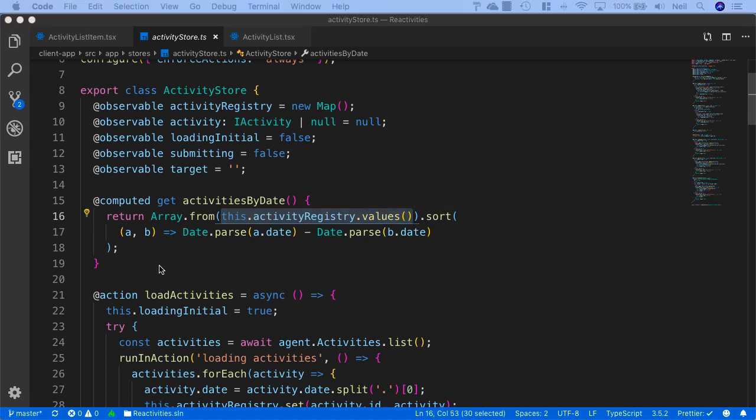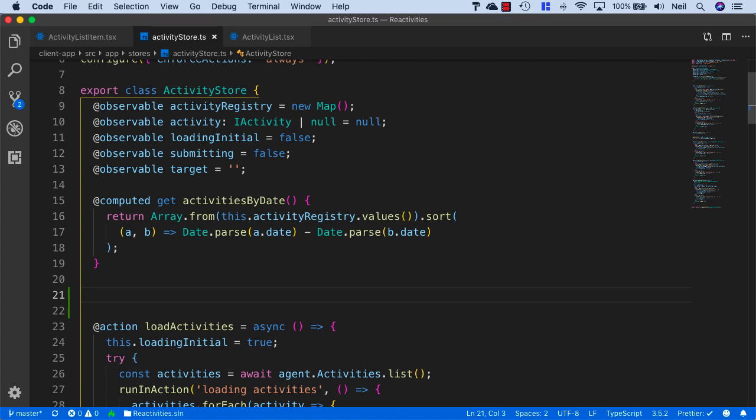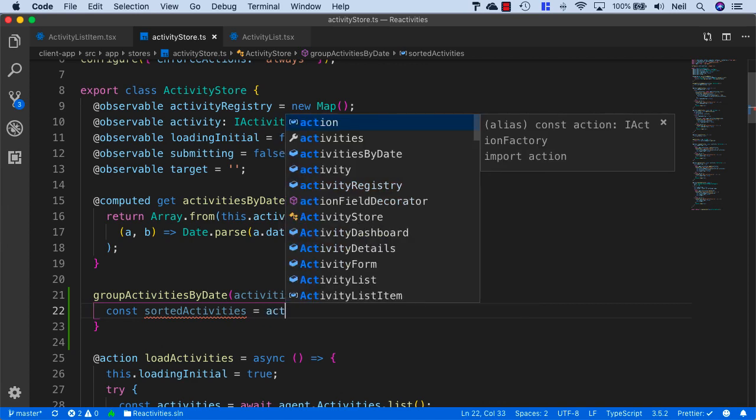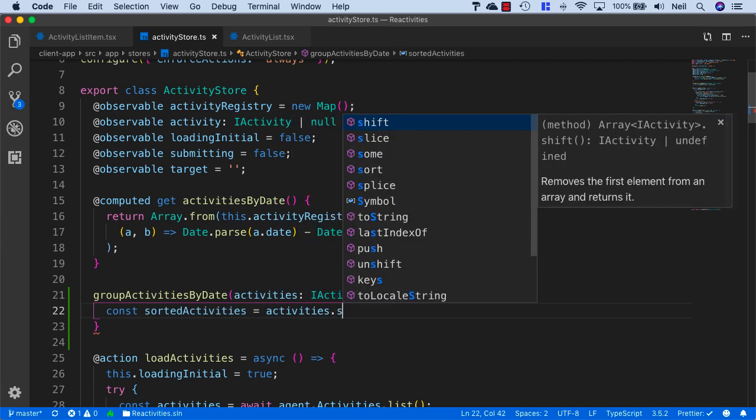Now what we're going to use for this is an array reduce method, and this is one of the more complex methods that we'll be using on this course to achieve this particular goal. And what we'll do is we'll create a helper method inside here, and I'm just going to call this group activities by date, and we'll take activities as the parameter, and that's going to be a type of iActivity array. And inside this method, what we'll do is we'll create an array for our sorted activities. So I'll just say sorted activities equals activities dot sort,